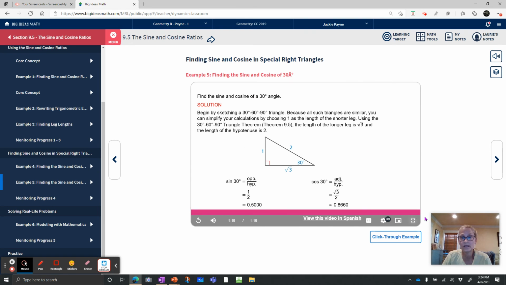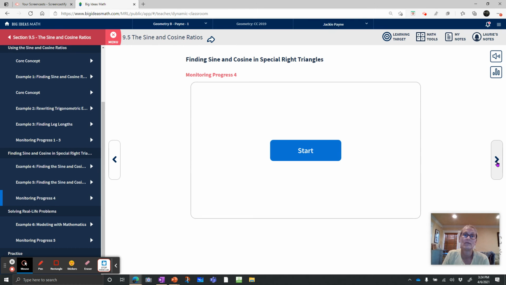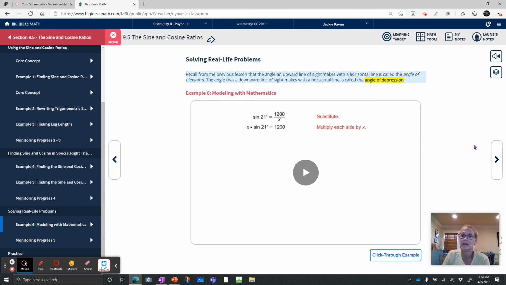As you can see, 1/2 and root 3 over 2 is not too bad. And then you can also, of course, find the other ones. These are more examples. We'll do those in class. And then now we're on